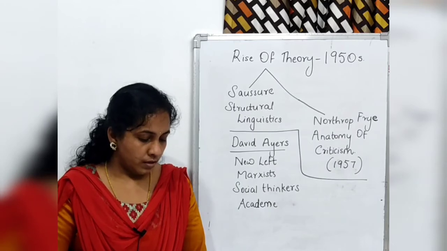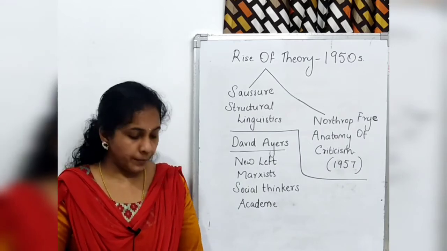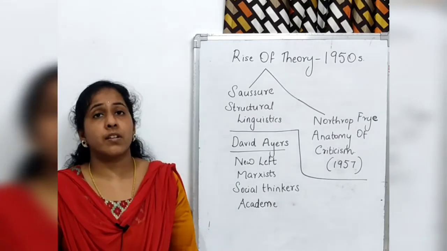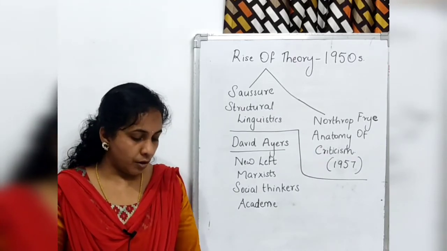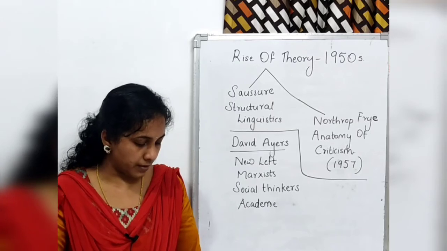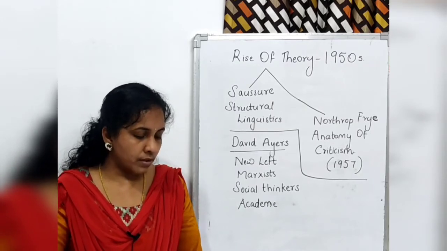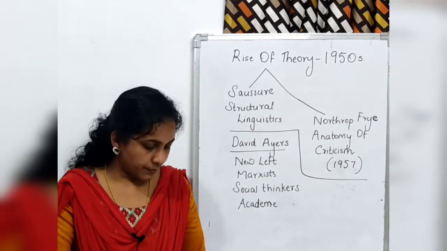He is the most influential linguist of the 20th century. He is one of the founders of 20th century linguistics. The other founder is Charles Sanders Peirce. As I told you, Saussure was a Swiss linguist.